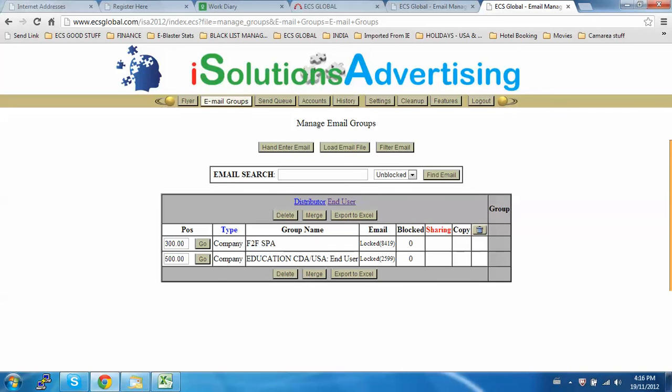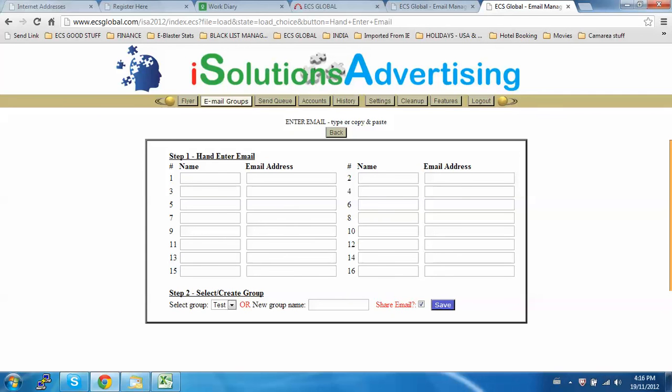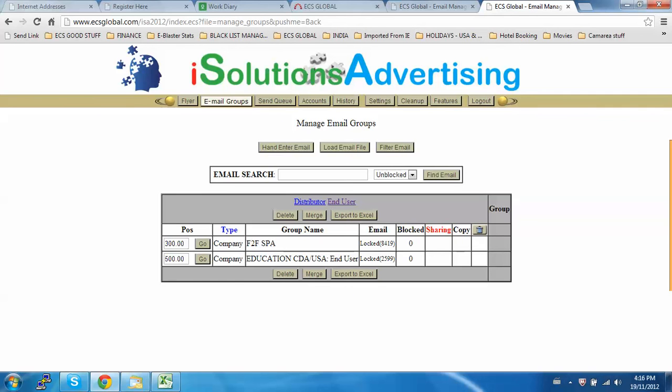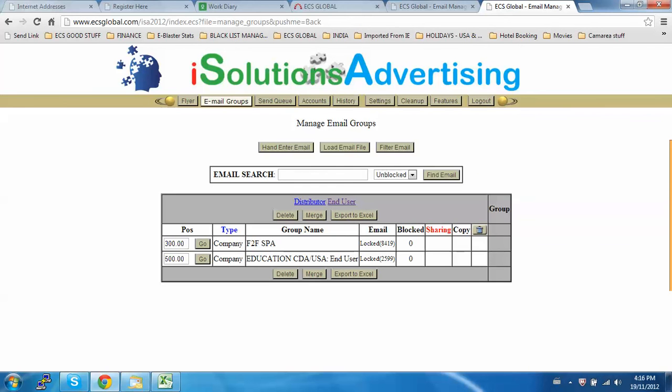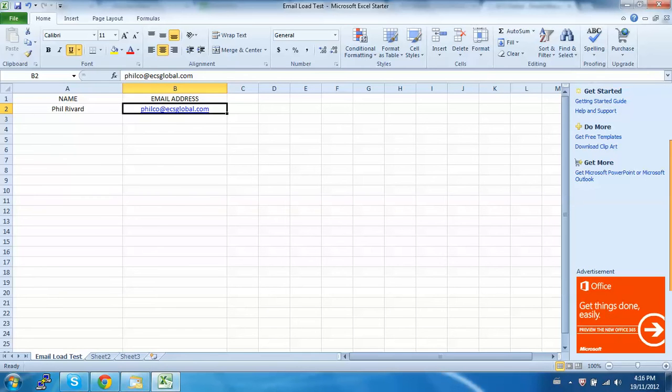It's very simple. Quick review: you can enter by hand, or you can load an email file. If you're going to do it by hand, that's very straightforward. If you're going to load an email file, you go to Excel, you put in the name first and last for column A, and the email address in column B. You save it,